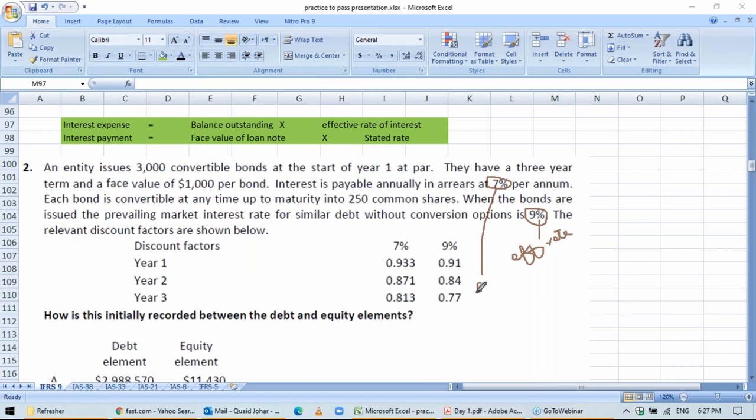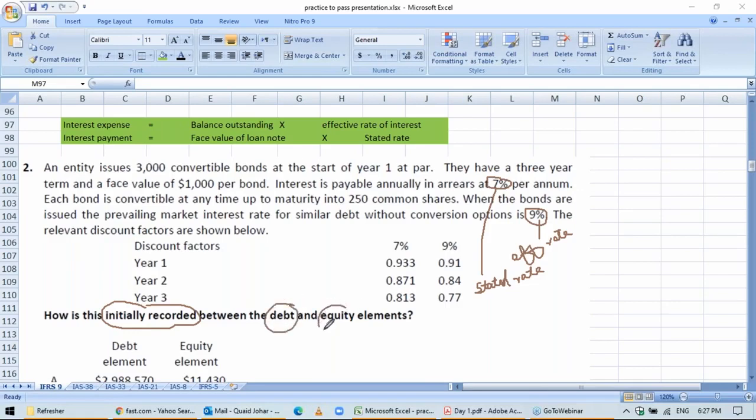And this one is the stated rate. Okay, students, the question is asking how this is initially recorded between the debt